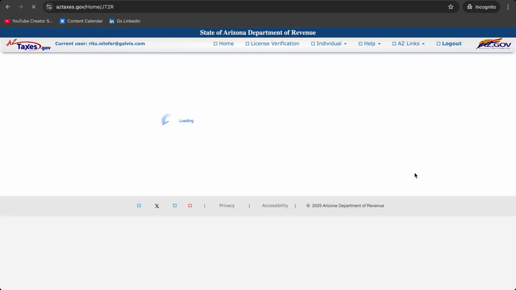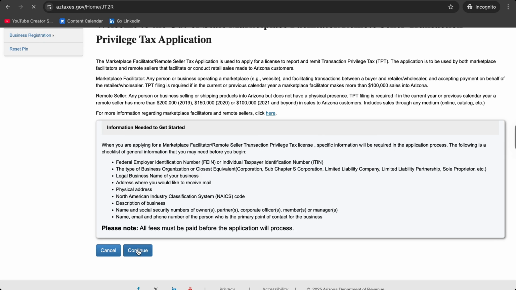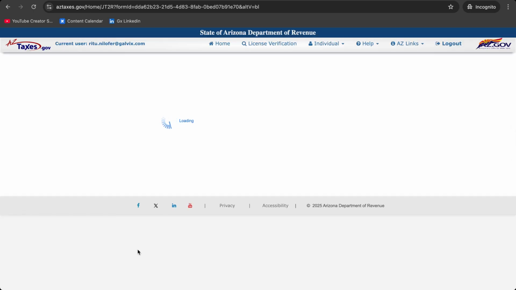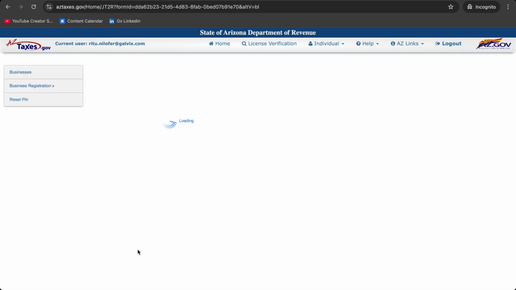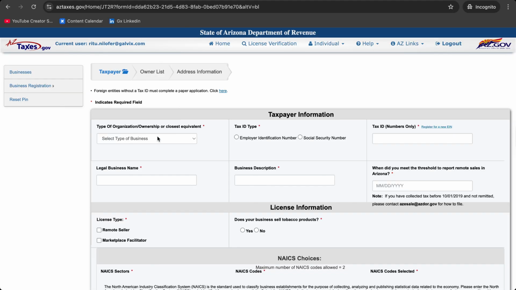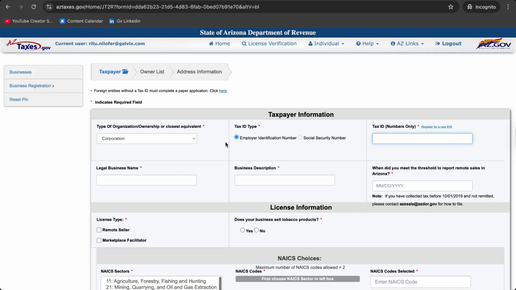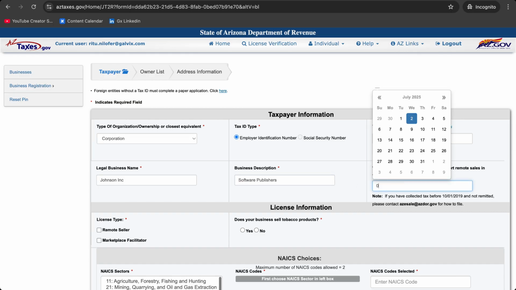So based on what your business is, you select your application, and the first thing we're going to do is fill in our business information. So let's get started. Okay, so starting from the type of organization, you click what type of number you want to enter. You can enter an SSN or an FEIN, which is an employer identification number. So go ahead and type that in and put in your legal business name with a business description. Okay, and when your business started